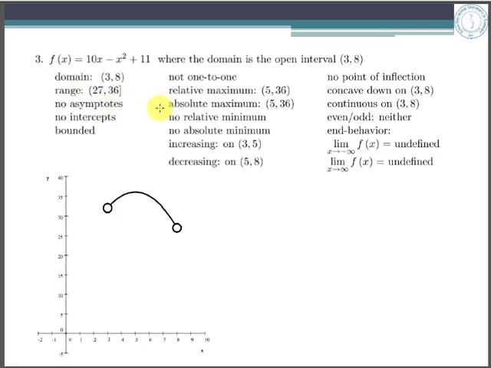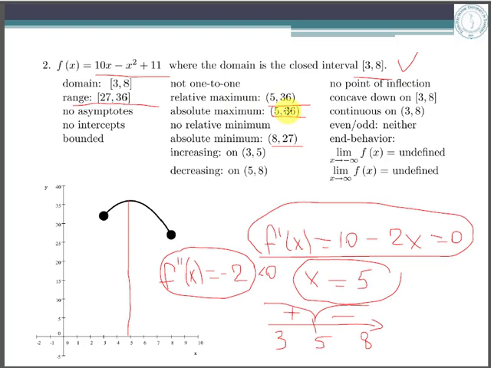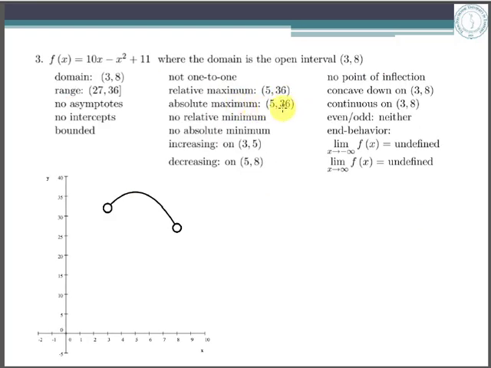And now again we don't have asymptotes and intercept points. It's a bounded function again. This is again not a one-to-one function, and the relative maximum is again 36, and the absolute maximum is also 36. But here we don't have a relative minimum and absolute minimum because now we cannot check it. However, this is not a closed interval. We cannot check it in absolute minimum,